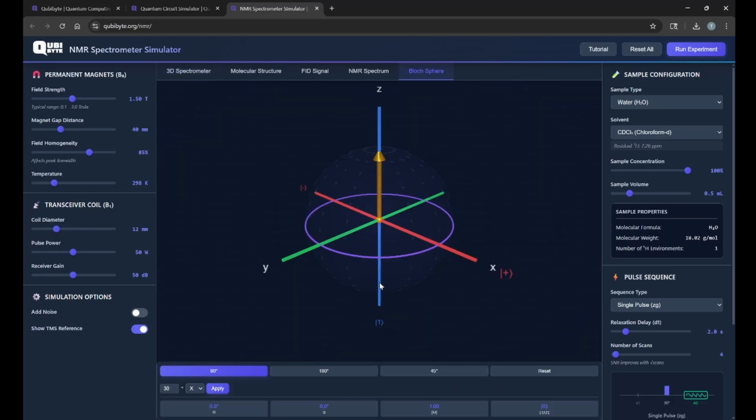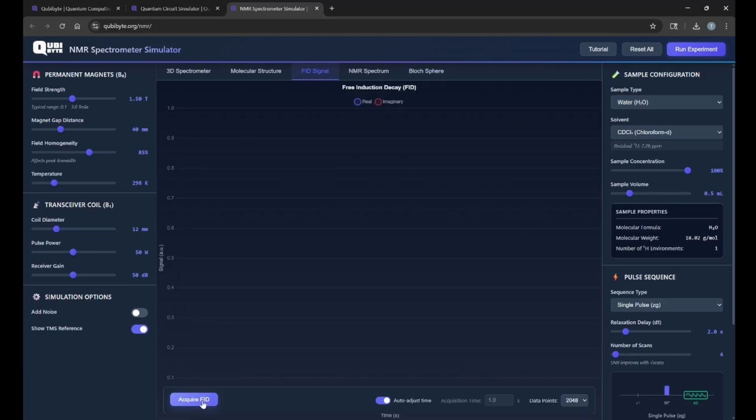And you can see it here. So if this is the left side, this is one of the magnets, this is the other. The spin is lined up with that magnetic field, and when you apply a pulse from the transceiver coil, that spin will get knocked off into the transversal plane, and then it will start precessing around the external magnetic field, and eventually it would work its way all the way back up to alignment. But this whole process of precessing produces a signal called free induction decay, which we can actually measure,